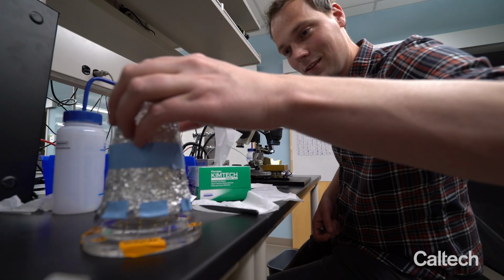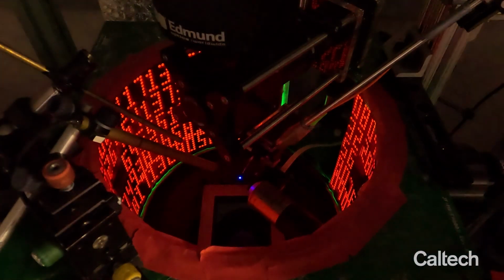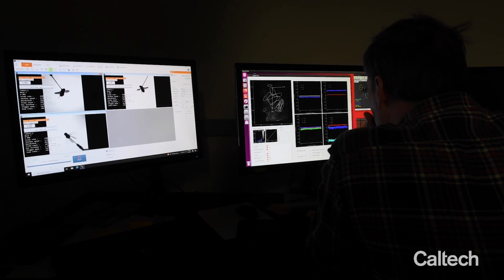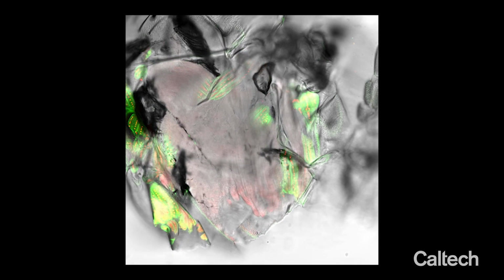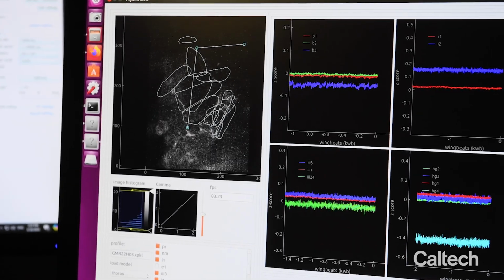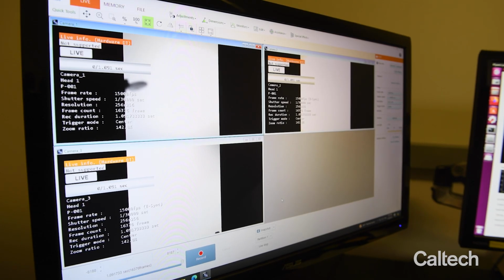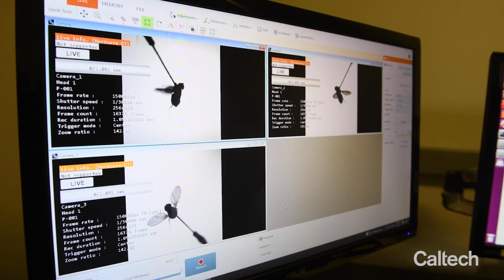Instead of trying to directly image what's going on in the wing hinge, we basically built a setup that can simultaneously image the activity of the steering muscles using genetically modified flies, which have their muscles fluoresce when they're active, and we can pick that up with a microscope. The other technique we combined that with was high-speed videography. So we have 3 high-speed video cameras operating at 15,000 frames per second, capturing the full 3-dimensional motion